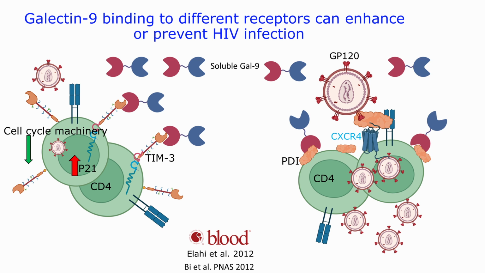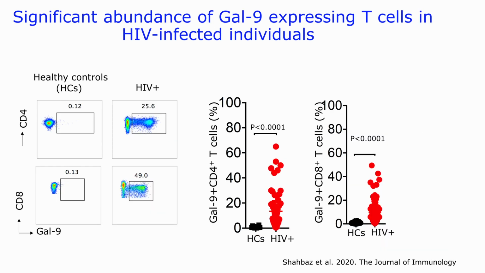At that time, we published it in Blood, and at the same time, another group published the same, but they didn't look at the other side, just this part, which they published in PNAS almost a decade ago. And then, when I had my lab here, I started looking at the expression of galectin-9 on a variety of immune cells. These are T cells, obviously CD4, CD8. So we started looking at the expression of galectin-9 in HIV patients versus healthy individuals.